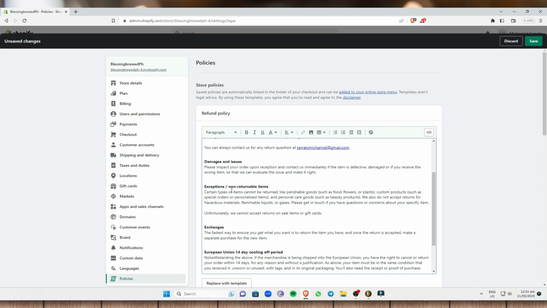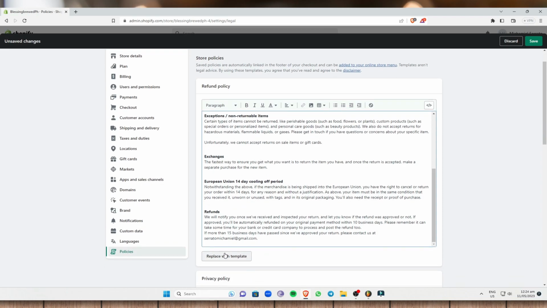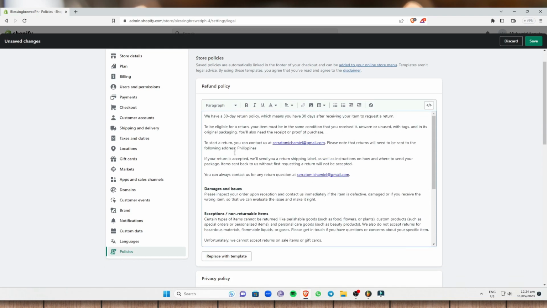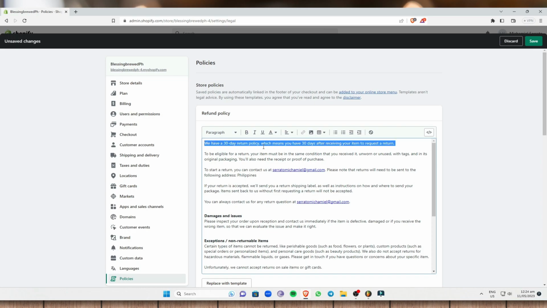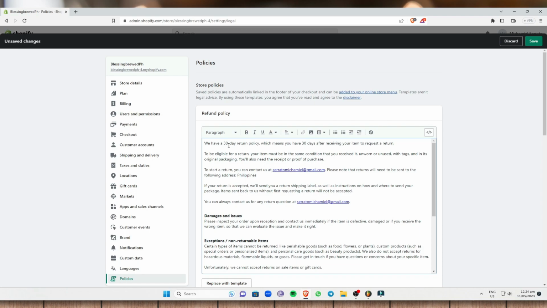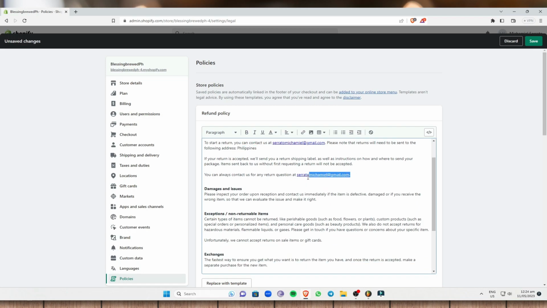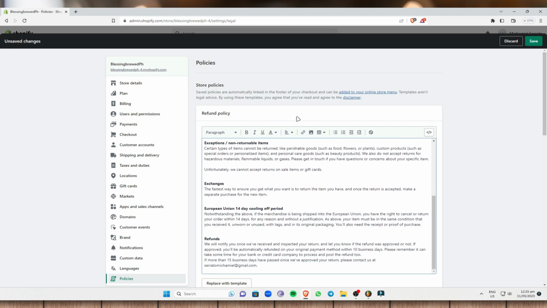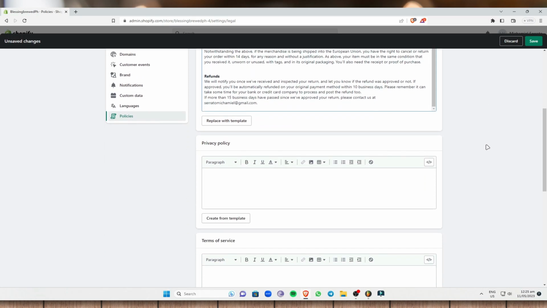So as you can see right here, once you click on create a template, automatically Shopify will generate this one. So I think this is very detailed, and just make sure to edit some stuff right here. For example, the 30-day refund policy, if you don't agree to that statement, you can actually change this one. And of course, add your address right about here, and make sure that your email address is correct to avoid issues in the future. And next, once we have done that, we will just scroll down, and now we will